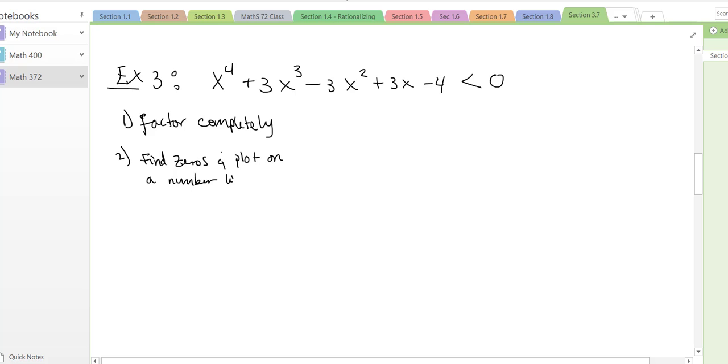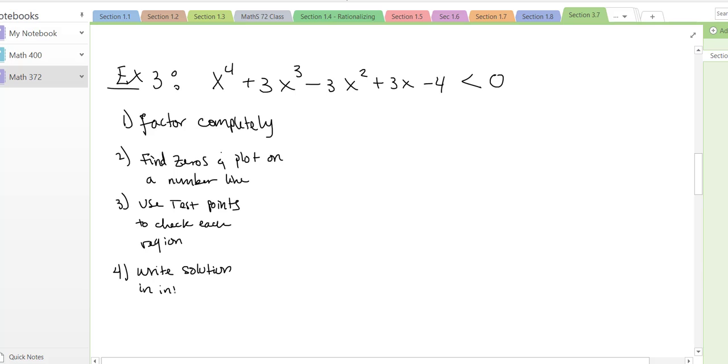The third step: plotting the zeros on the number line divides your number line into regions, so use test points to check each region. And then you're going to put everything into interval notation from there. So write the solution in interval notation. So in this case,